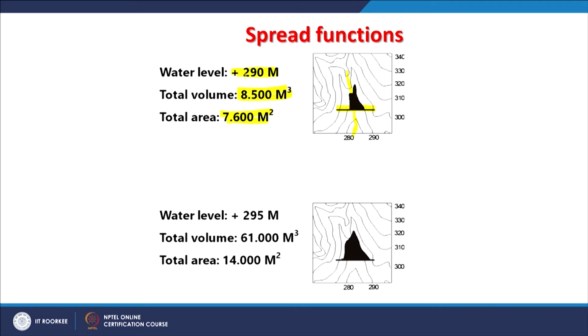So, if I just increase the height of the dam by 5 meter, like here, the location remains the same, the height has increased, and immediately you would find that the area has increased tremendously and also the volume has increased. So, if this first option is not providing sufficient water, say for irrigation or for groundwater recharge, then we can drop that idea and work on this idea, that I want this much water. Immediately you would know how much area will get inundated in the upstream.